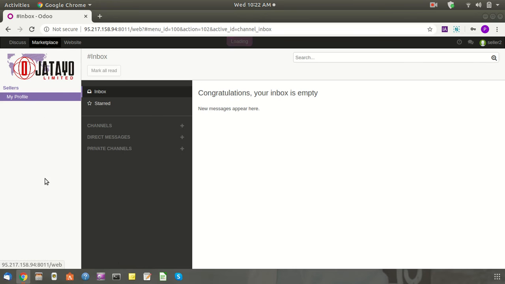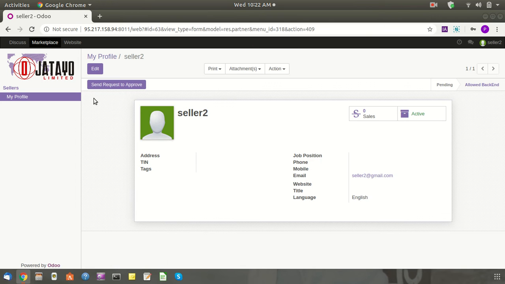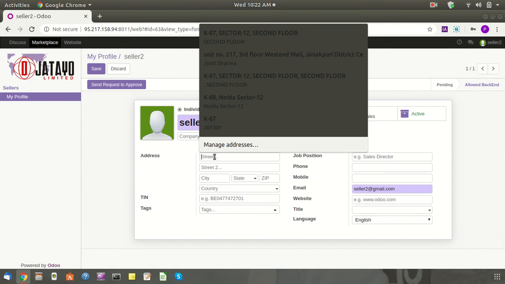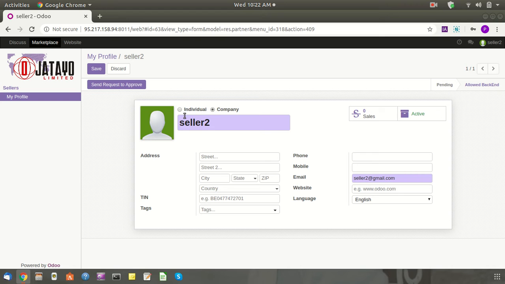So jump into the marketplace. Here is my profile section. So what will the vendor do? The vendor will upload all the required data like address, company detail, TIN number, tag, job position, phone, mobile number, and so on. And if it is a company, then he can put in the company details too.